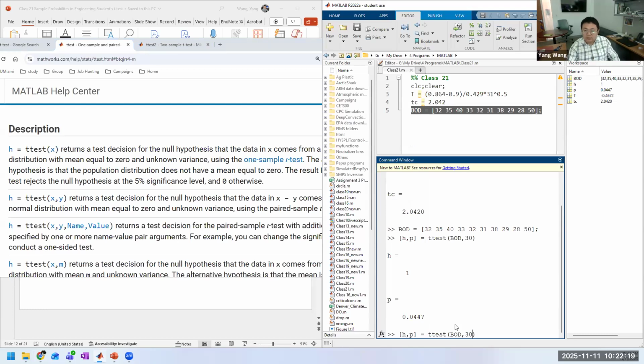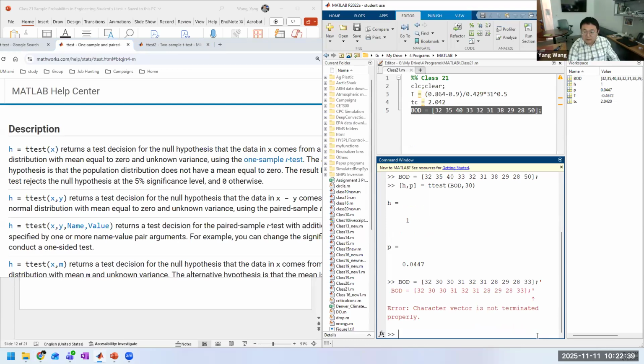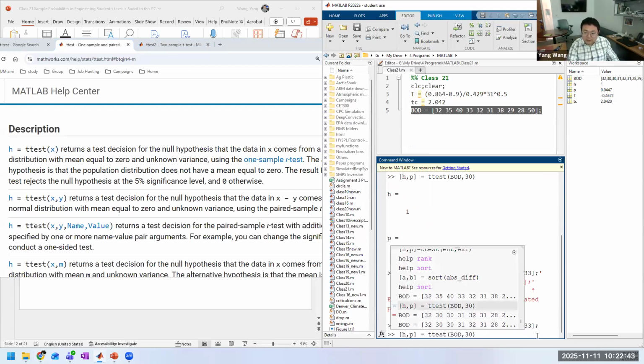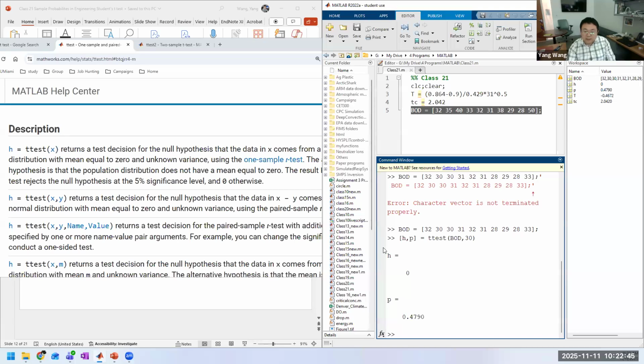Let's say we have some values of, let's say, 30. Let's say we just need to change the BOD: 30, 30, 31, 32, and then 28, 33. Right, so let's say this is our new BOD, and then let's do the test again. Okay, so now you see that the hypothesis is not rejected, because the p-value is